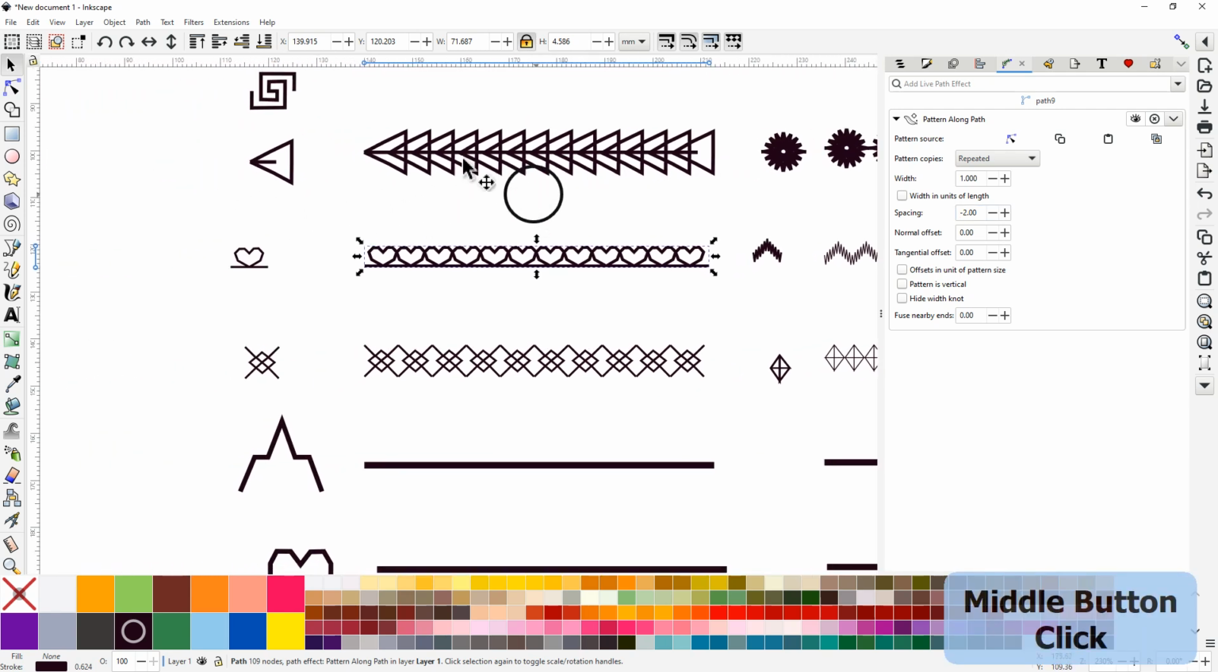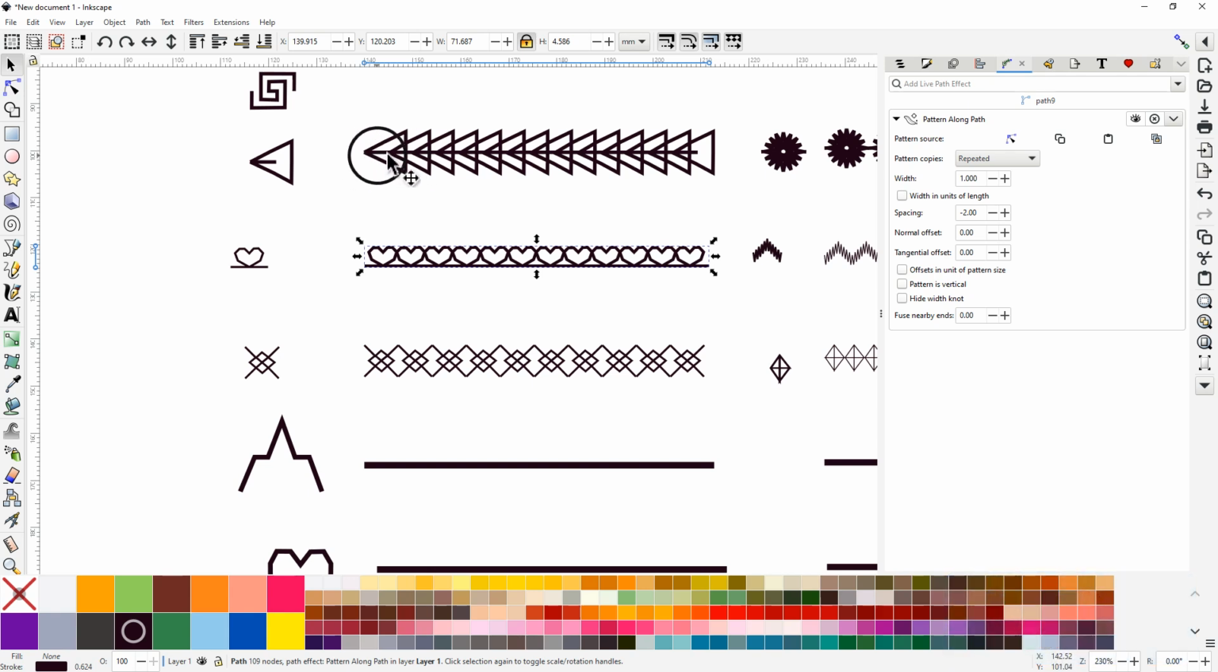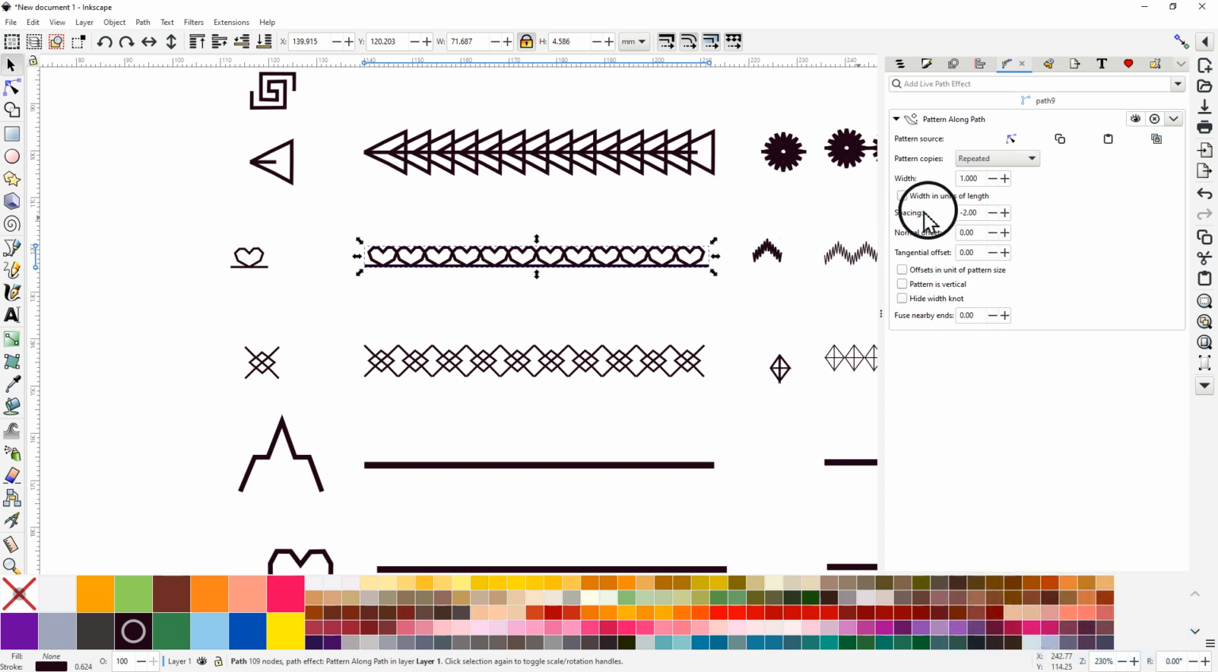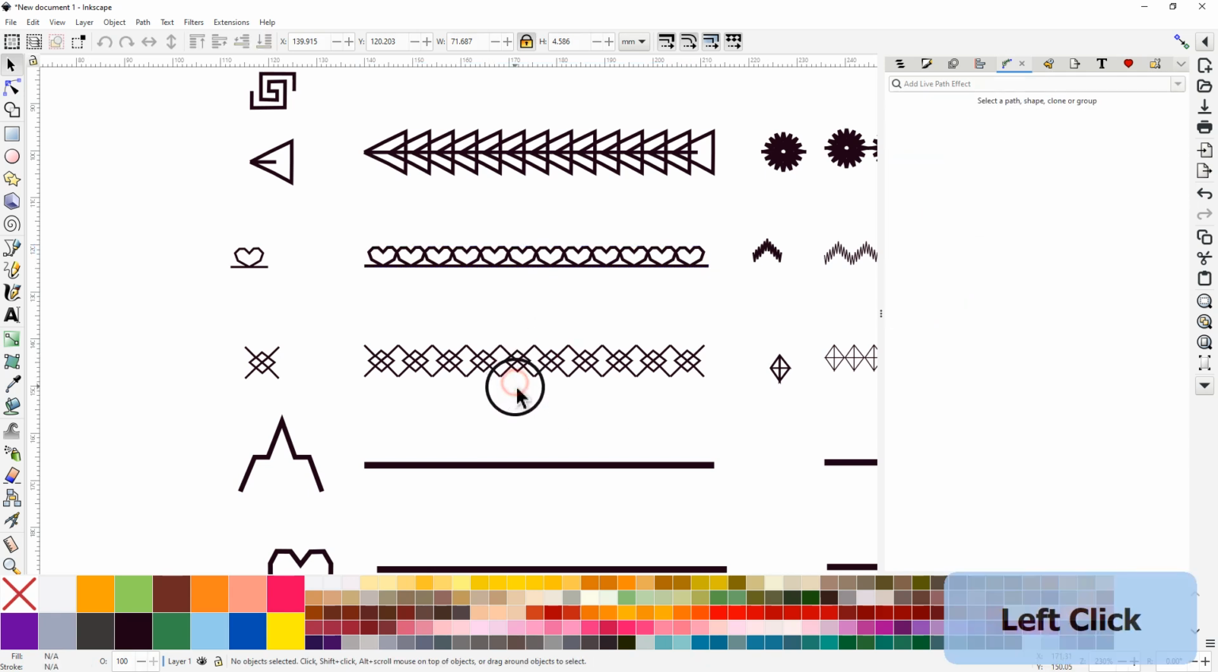And that was especially for this one, in order to have the start point of the motif and the end point of the motif lining up, then you have to use the spacing aspect. Or there is also an option here, the fuse nearby ends. I haven't really played with that yet. Most of the time I just use the spacing aspect. Okay,